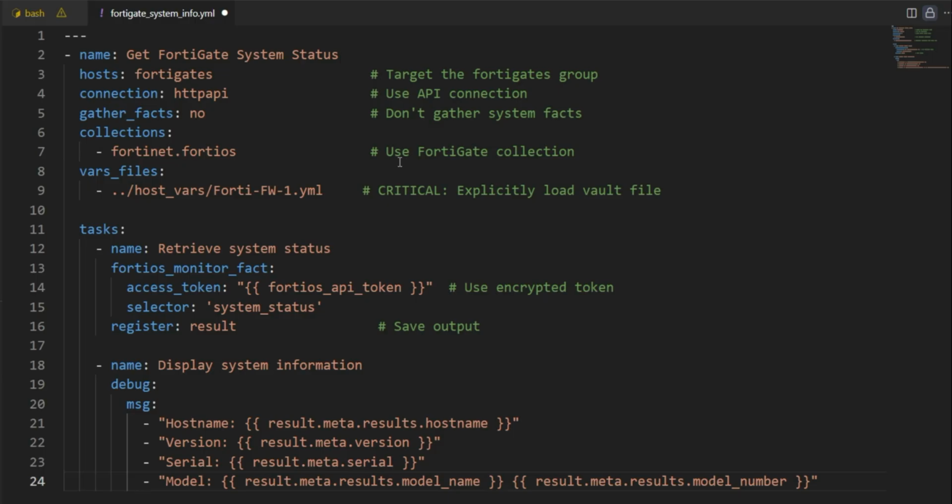Now here is the most important part, vars underscore files with the path of our vault file. This will load our encrypted API token before the HTTP connection is established. Based on my testing, without explicitly loading the vault file here, the HTTP connection plugin doesn't have access to the variable during the task execution. So you will get an undefined variable error, and you can test this out in your lab and let me know